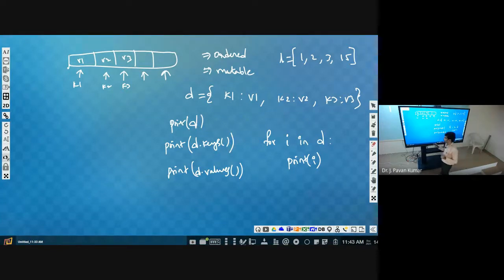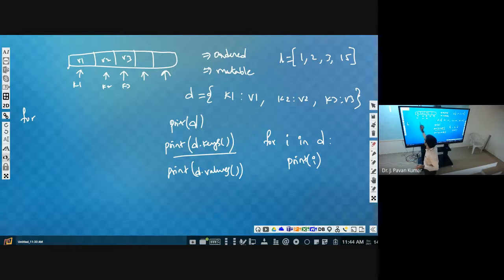Suppose we want to access keys and values individually, not all the keys at a time. Our requirement is that for K1 we want to perform something, display it in some other format. We should be able to refer to K1 separately, V1 separately. Similarly, for the next pair, K2 separately, V2 separately. Then we can make use of a for loop.